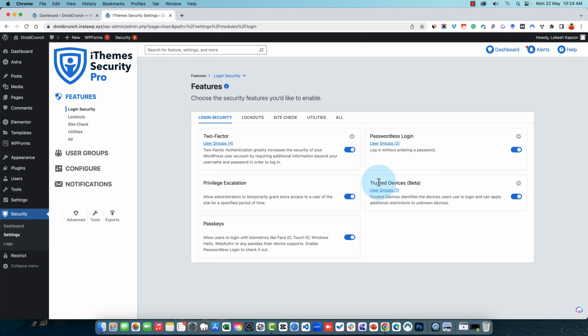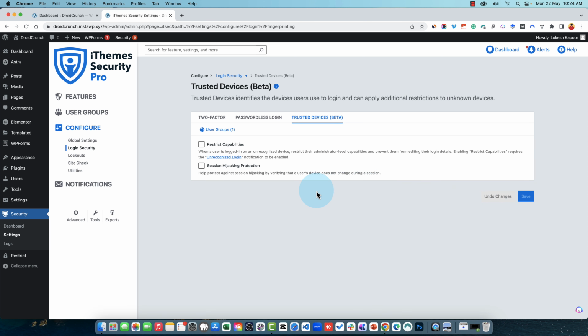And then you have the trusted devices option that you find in many social media websites, where you have some trusted devices. Click on this button right here, you can restrict the capabilities of this feature. Okay, and it is a beta feature, and it allows you to set session hijacking protection as well, that protects against session hijacking by verifying that the user's device doesn't change during a session. Okay,